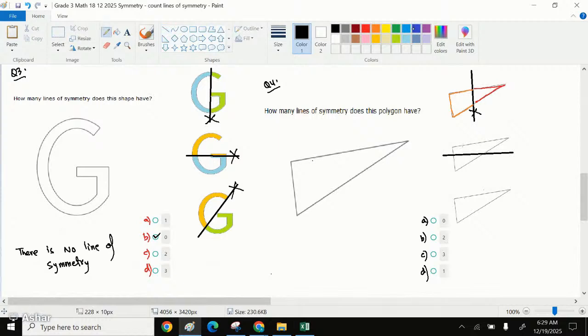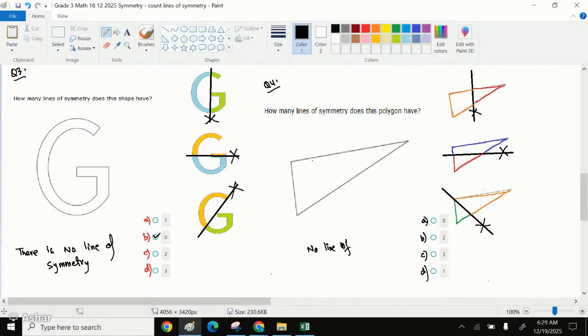What we can note over here still is that the shape above the line of symmetry is not the same as the shape below the line of symmetry. So we'll say this is still not a symmetrical line. But if we try a slant line, let's suppose we take a slant line passing through this point, can we say that the shape on the left side is equal to the shape on the right side? Can we assume them to be exactly the same size? No, they are not, because they are two different sizes. That means this right angle triangle has no line of symmetry,